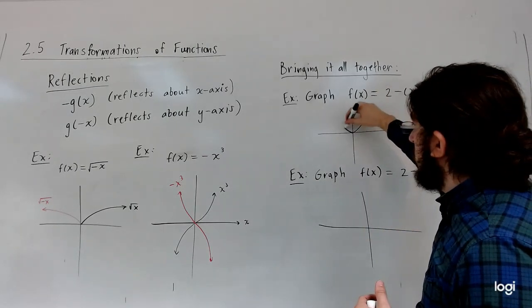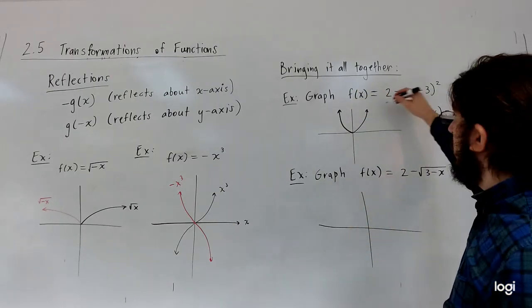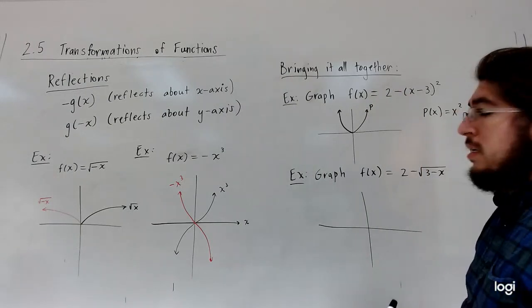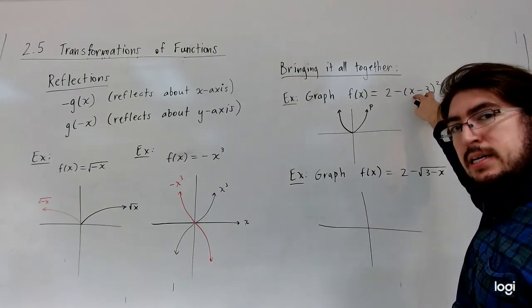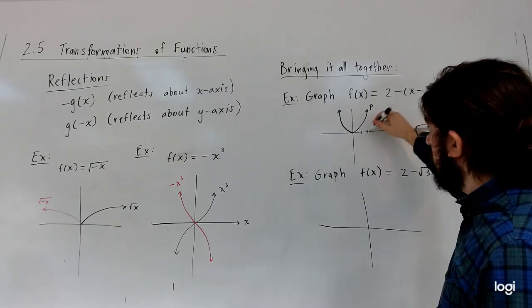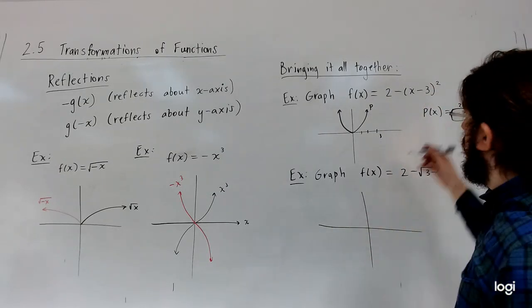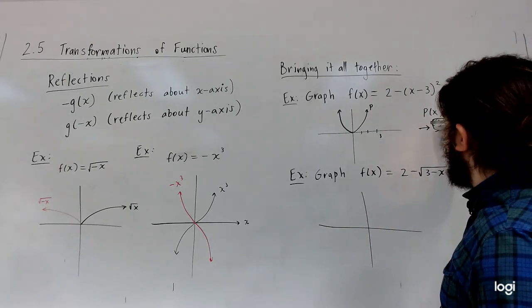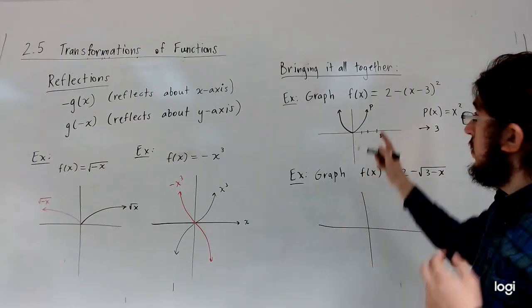And now we're going to apply some of these rigid transformations to x squared. So this is p. So what do we do? Well, x minus 3 is on the inside, so we're going to shift it over to the right by 3 units. Okay, good. That's one thing. So let me write that here, to the right by 3. What else? Well, we are also going up 2 units